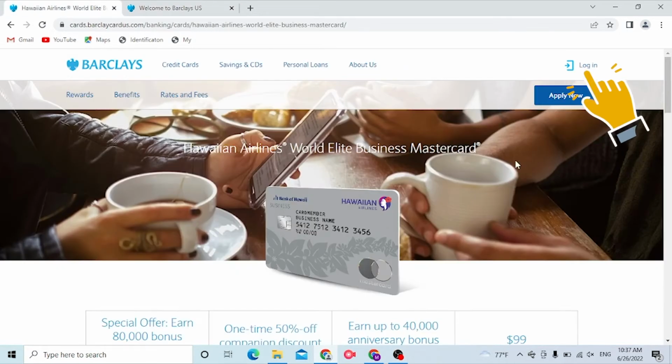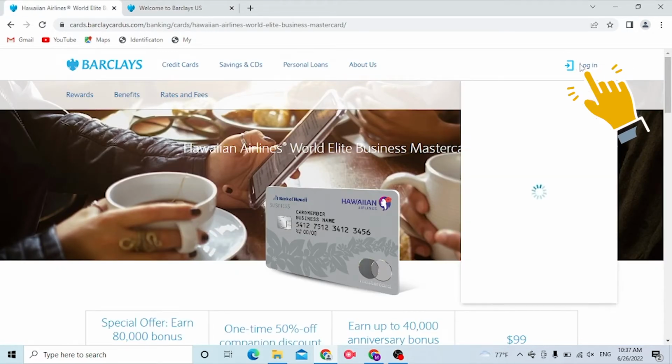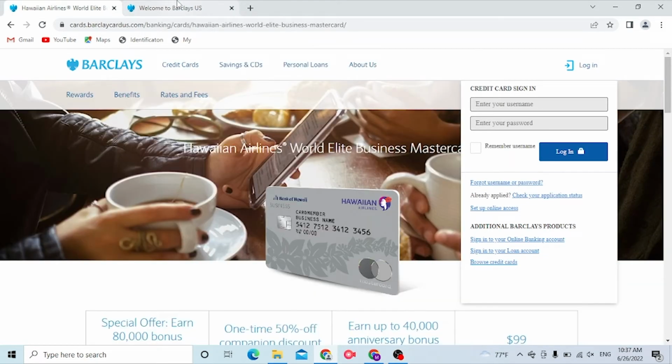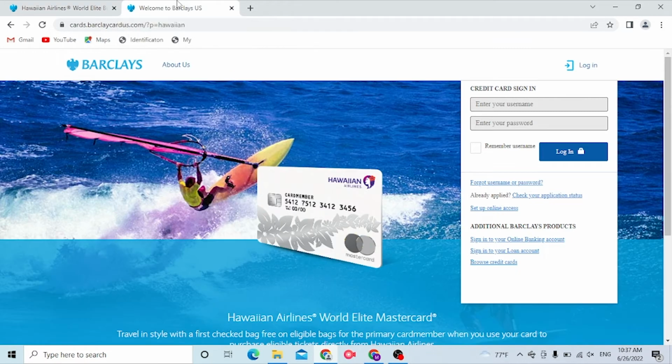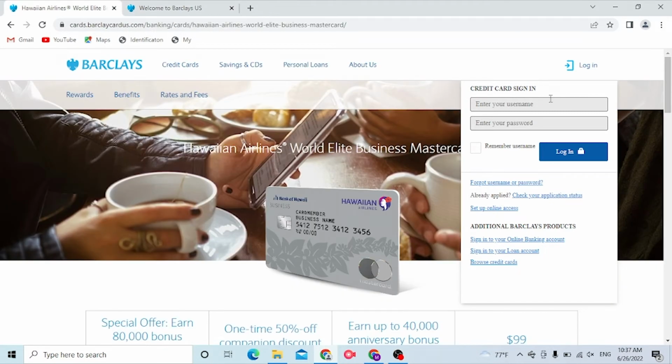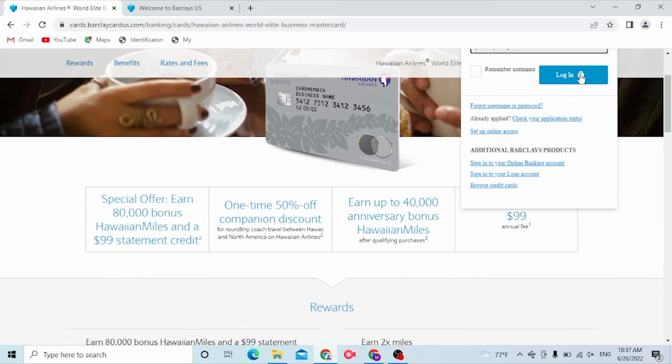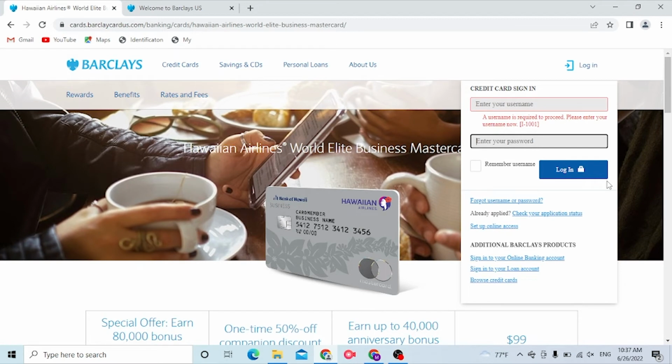Now to log into your Hawaiian Mastercard from your home page, you can see the login option available over here. Click over there, and both of these websites are the same. Now to log into your Hawaiian Air credit card account, you'll be required to enter your username over here, and after that enter your password over here, and then click on login to sign into your Hawaiian Air credit card